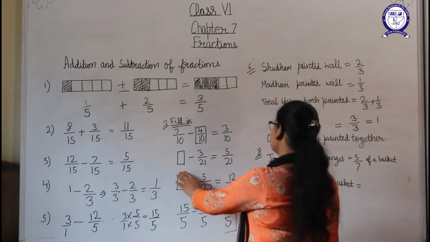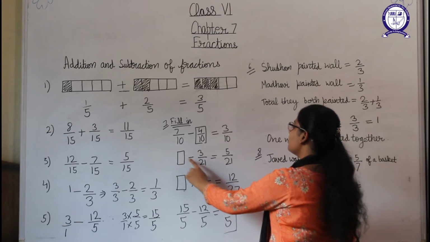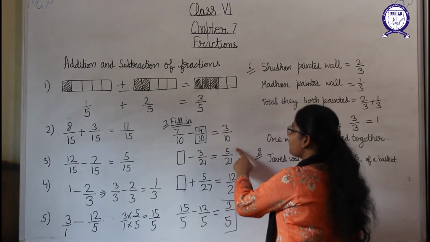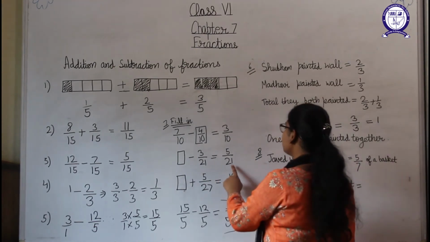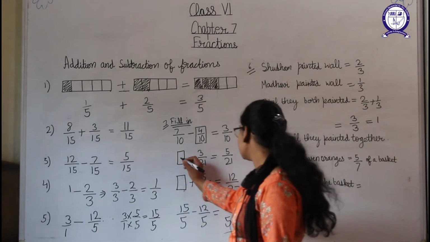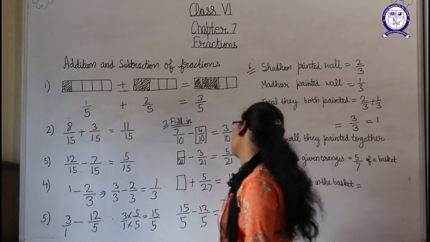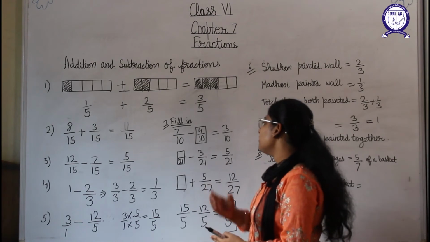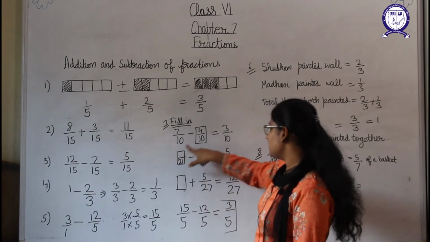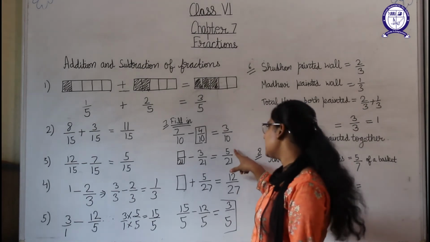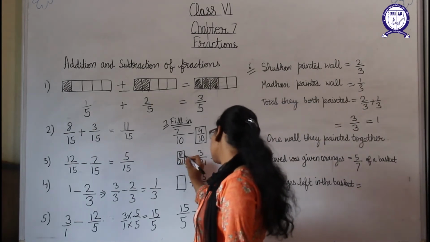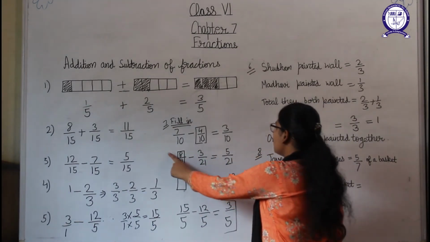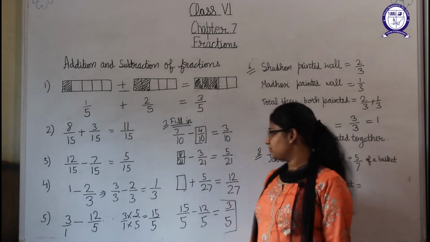Okay. In the same way, we have to put the value here, where minus 3 by 21 is here, and this is giving the answer as 5 by 21. So first of all, 21 and 21 are the denominators here, so we will put 21 as the denominator first. Now we have to think of a number that if we subtract 3 from that number, we are getting 5. So what can be that number? 8 can be that number, because 8 minus 3 gives us 5. So 8 by 21 is our answer.